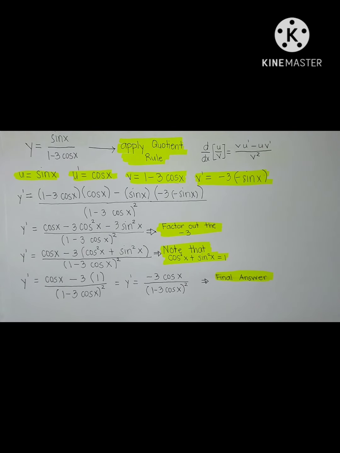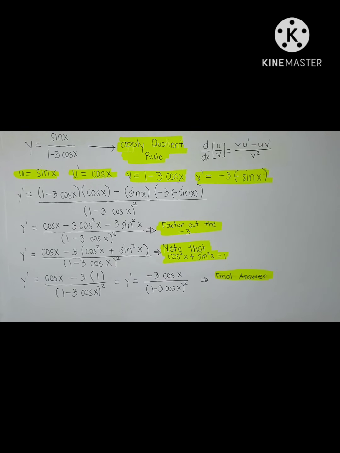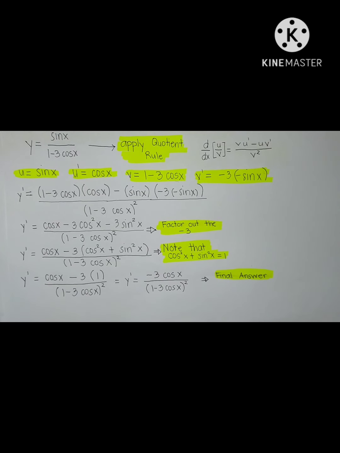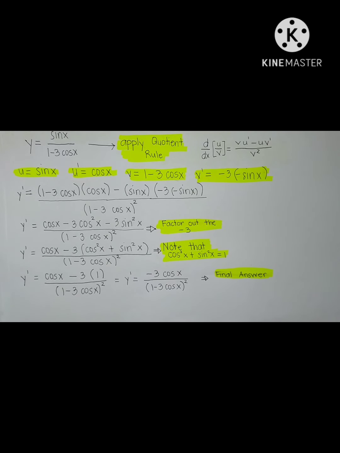After inputting all values in their respective places, we need to simplify or multiply the quantities that need to be multiplied. Let us start on the cosine x. Cosine x multiplied to 1 is cosine x. Cosine x multiplied to negative 3 cosine x is negative 3 cosine squared x. Next is negative sine x multiplied to 0 is 0. Negative sine x multiplied to negative 3 times negative sine x is negative 3 sine squared x. We just rewrite the denominator, 1 minus 3 cosine x, the quantity squared,